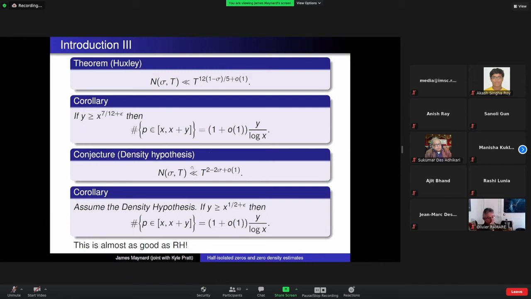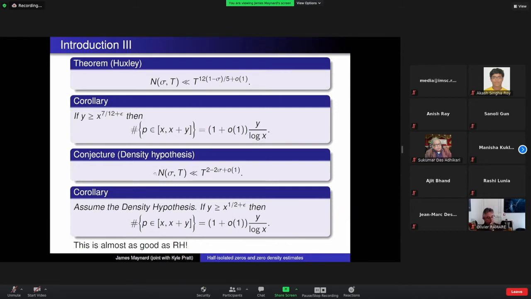the density hypothesis is the claim that you should be able to improve Huxley's 2.4 to the constant 2. And this is somehow a very natural limitation of lots of the methods used to study questions to do with the density hypothesis. Of course, we expect that N(sigma, T) should be equal to 0 as soon as sigma is bigger than 1/2. But the density hypothesis maybe represents one of the most optimistic extensions of the sorts of results that we typically use to study primes in these problems.